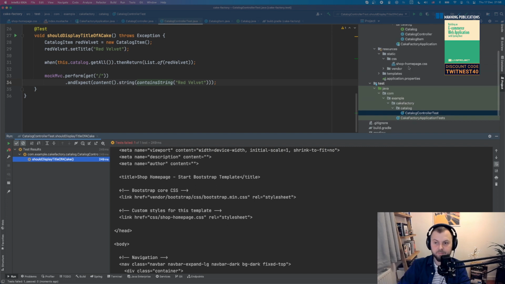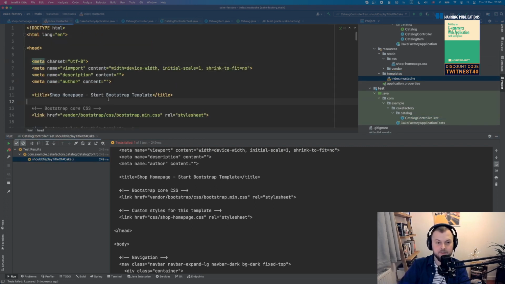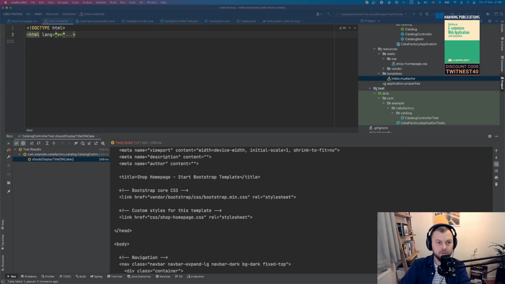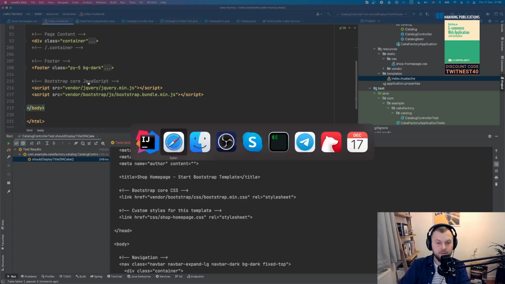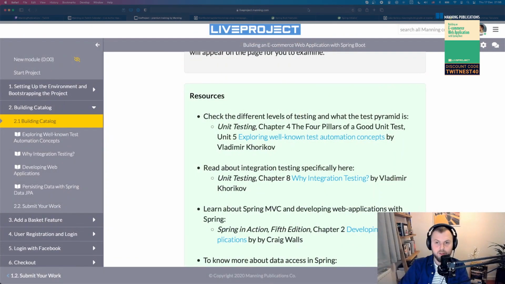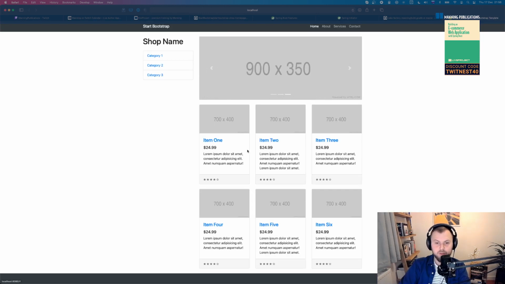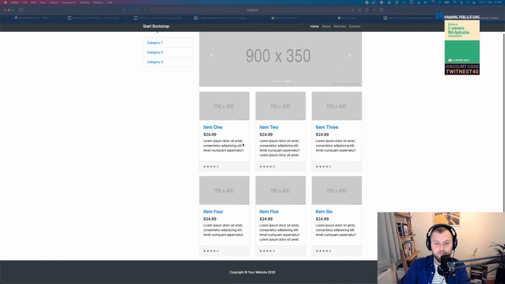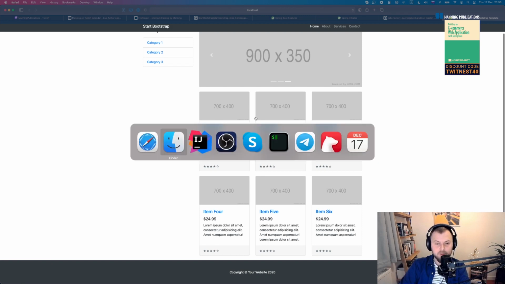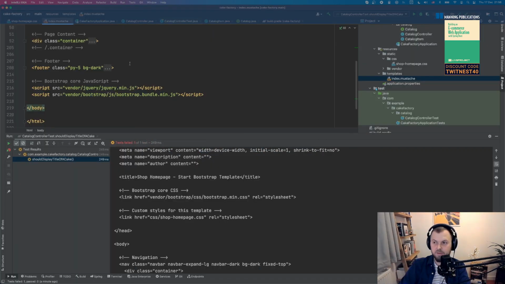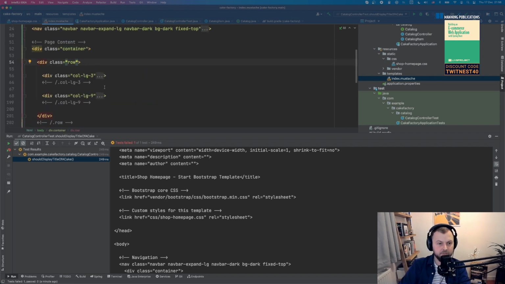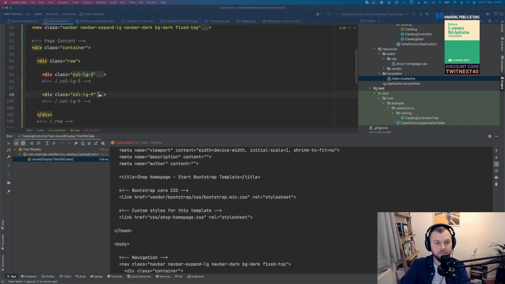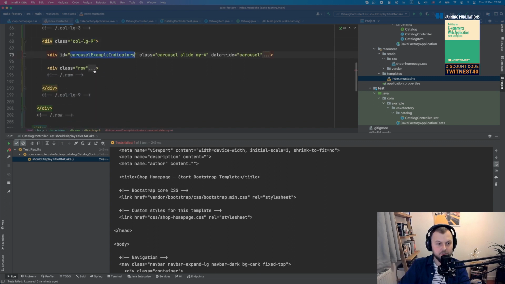Let's fix it now. So let's go to the template, and let's find where we want to put the data. So I collapsed all the HTML blocks and then went to my body. If I go to my landing page, I want to display items in here. That's kind of obvious, right? So instead of these 6 items, I want to display something returned by my service. And let's do that. So let's expand that, and this is the sidebar on the left. This is my main content. So this is my carousel. I'm not going to touch that.